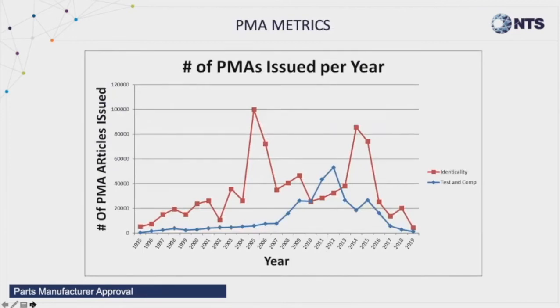A couple of graphs to support the PMA parts and their metrics. As you can see, these two present the number of PMA parts in the marketplace over time in the two sections, similarity and then testing. Back in 2010, 2015, we saw a spike of parts introducing the marketplace. As you can see, it's come down since then, with testing still being the